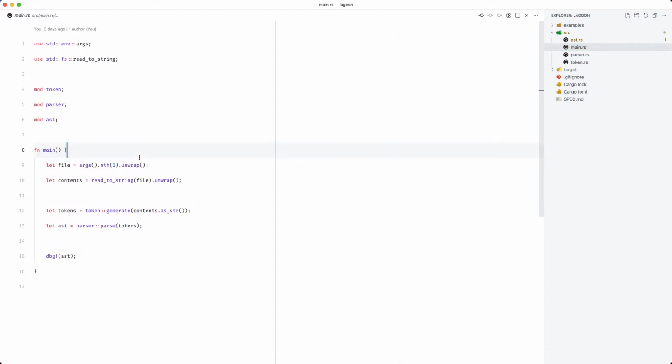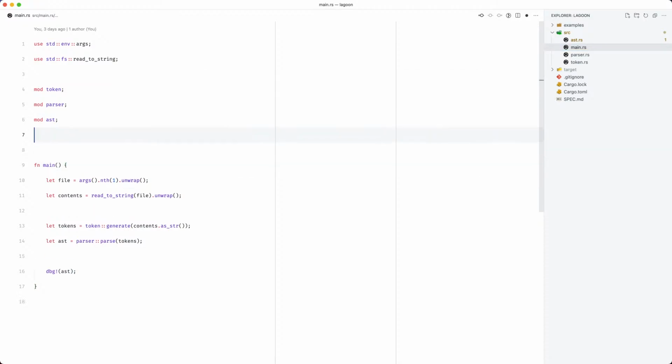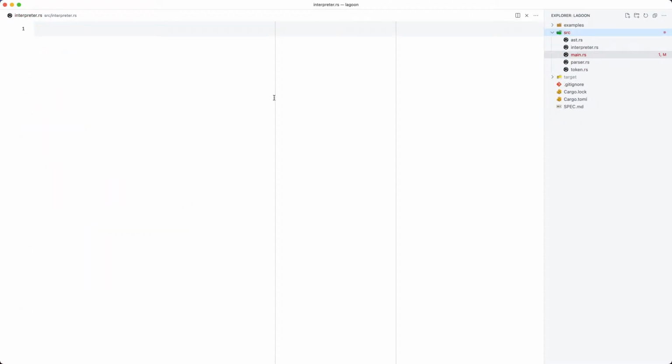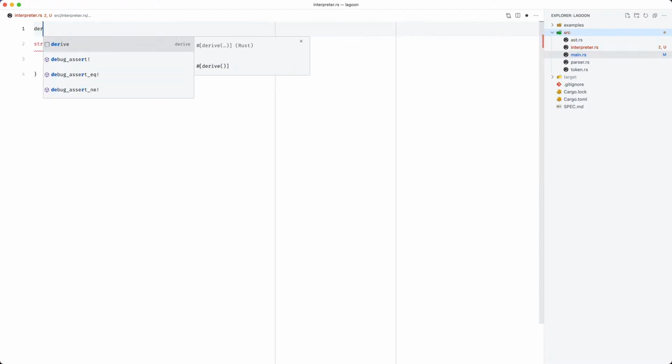So I'm going to start by creating a new module called interpreter, and we'll create the corresponding file for that. And what is our interpreter going to be? It's going to be a struct. So we'll have a struct Interpreter, and we'll just do Debug and Clone by default.